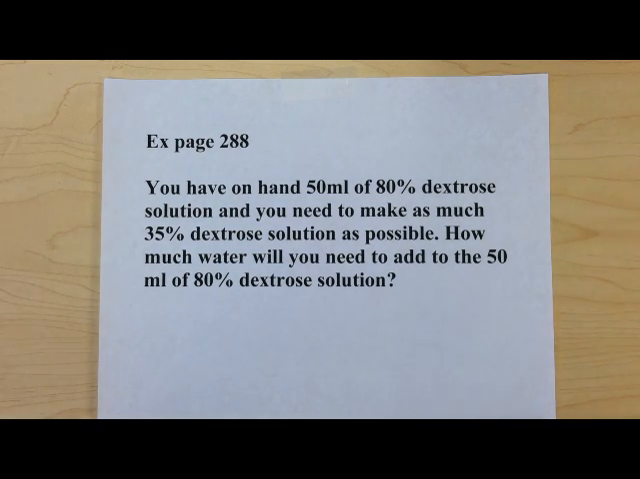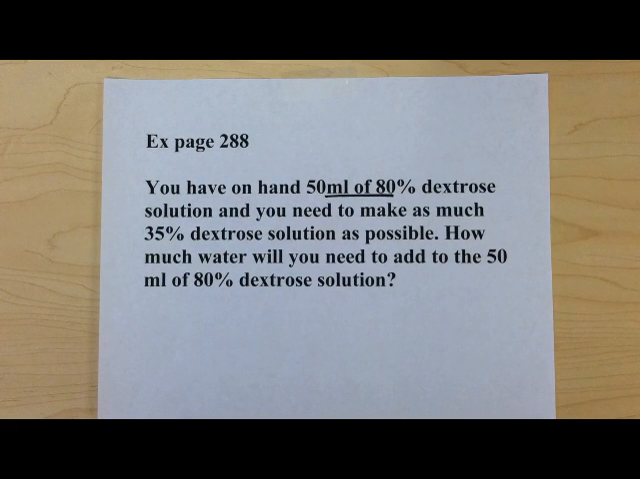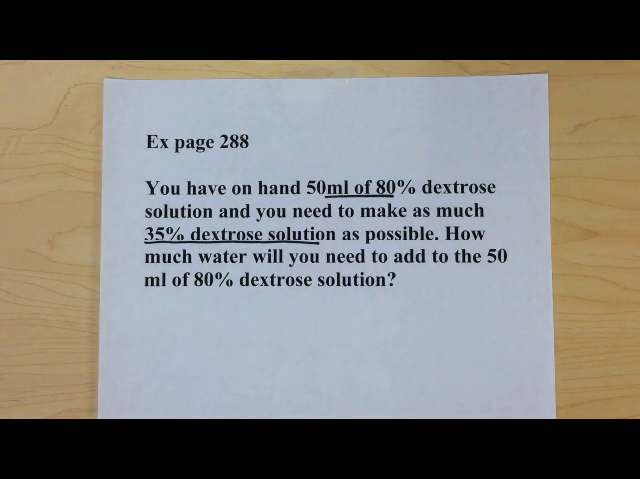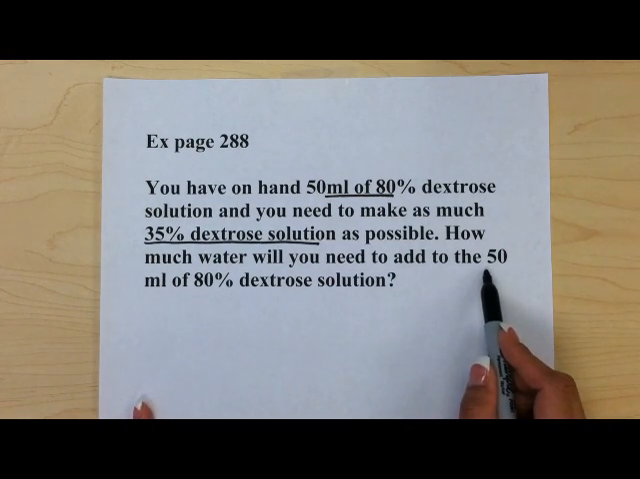Now this is an illustration that we're going to walk through. It's taken from the Dilutions chapter, but it's kind of a combination of powder volume, dilution, maybe even alligations if you think about it. But let's take a look at this more in depth. We have on hand 50 mils of an 80% dextrose solution. We need to make as much of 35% dextrose solution as possible. So we need to find out how much water we are going to add to the 50 mils of the